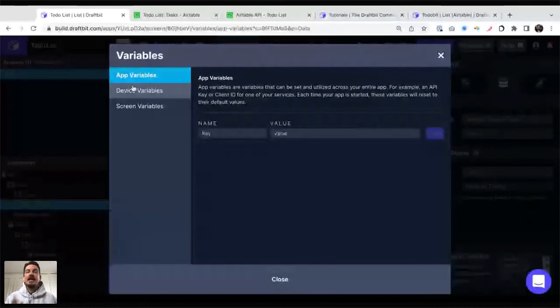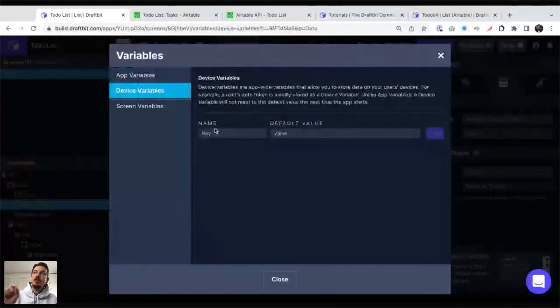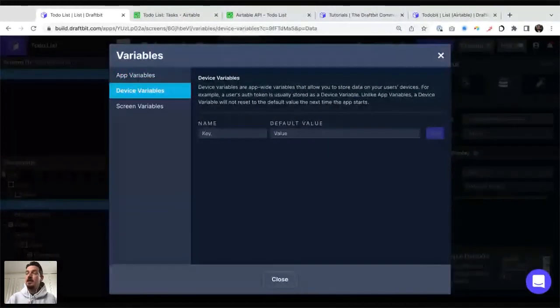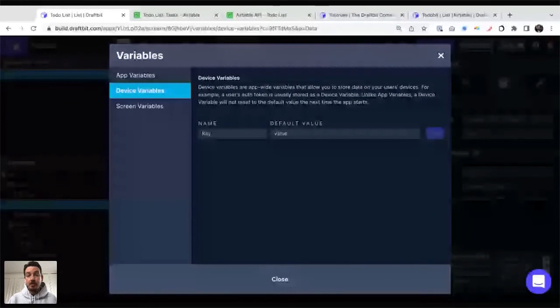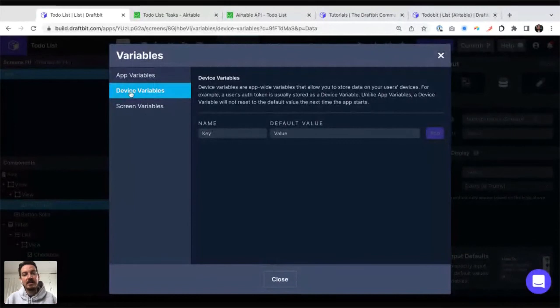Device variable is different in the sense that it's going to persist throughout your user session. So if a user of your app logs in, for example, and then closes the app and reopens the app, you don't want them to re-log in every single time, right? Think of how you use your phone. You don't re-log into every service. When you reopen your Instagram, you don't go through username and password every time. The way that works is that you save some kind of an authentication or authorization token on the user's device, and you use that to authenticate them every time they reload the app. So that's what a device variable means. It's going to stay on their device.